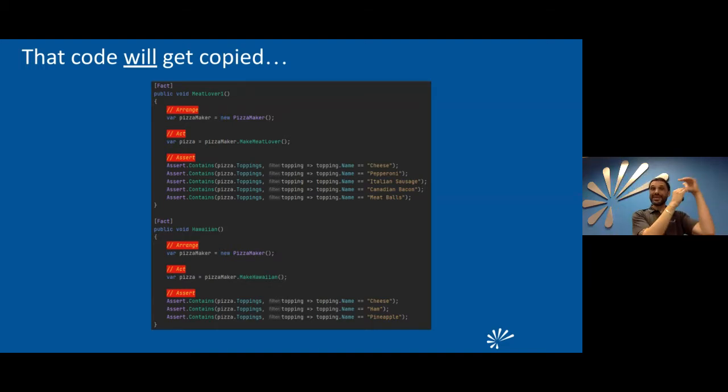No, usually the arrange part is instantiating multiple objects and mock objects and setting up mocks and stubs. I've seen setups that go for tens and even hundreds of lines of code just in the setup part. And then that gets copied and copied.